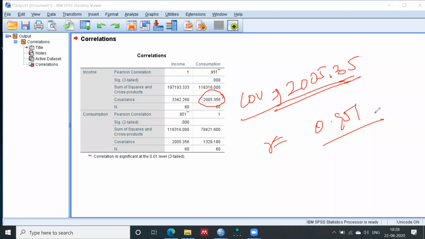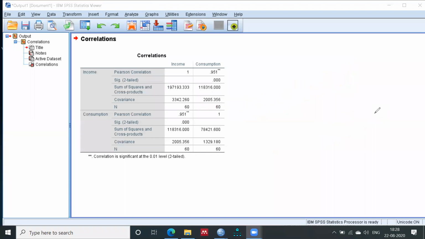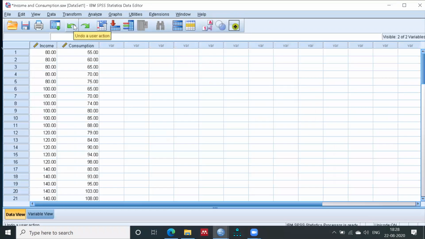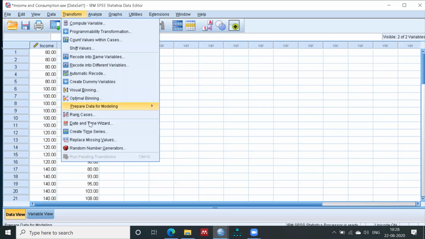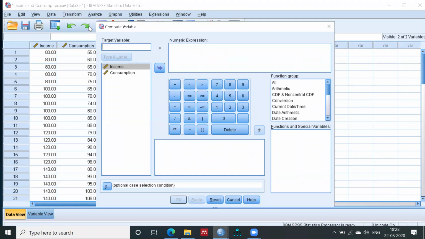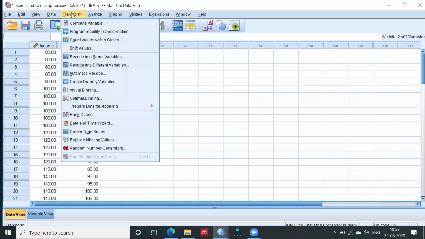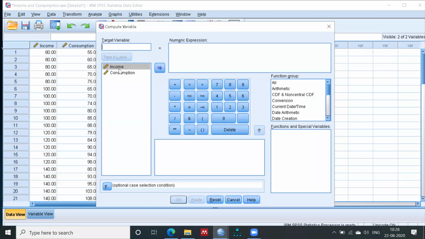You can make your changes in your data by going to Transform. In Transform there is an option, Compute Variable. In the Transform tab there is a first option, Compute Variable, and let's select the income first.